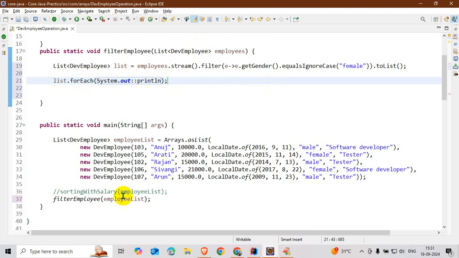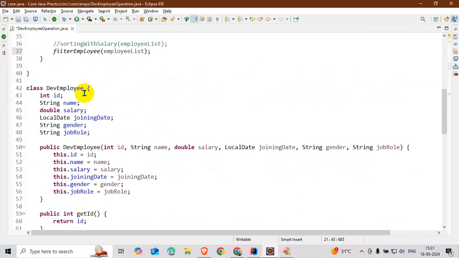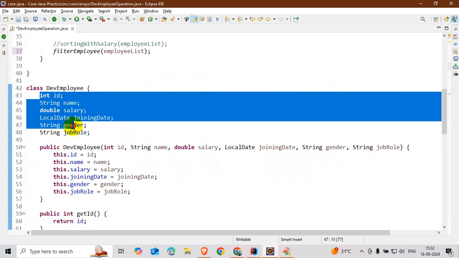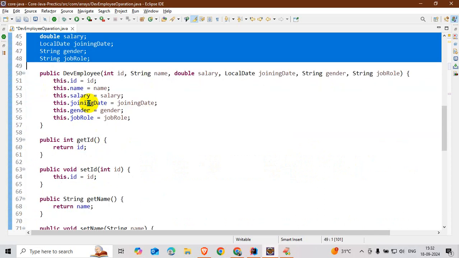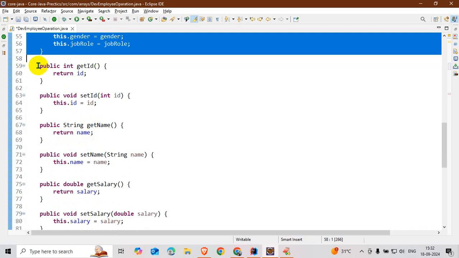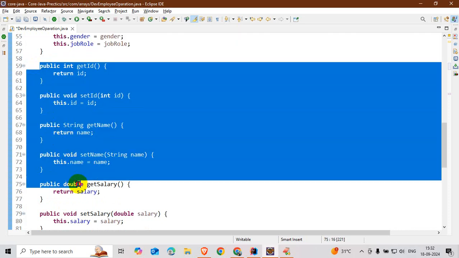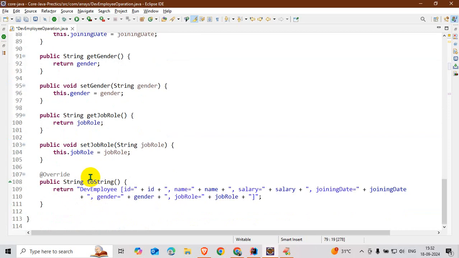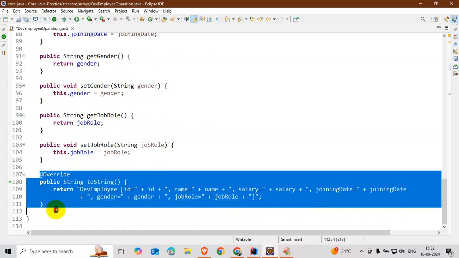So I want to run this program. First, before running, I want to explain once again. I have an Employee class. In the Employee class there are multiple instance variables, and I initialize them with the constructor, and I created the setter and getter methods, and overrode the toString method.